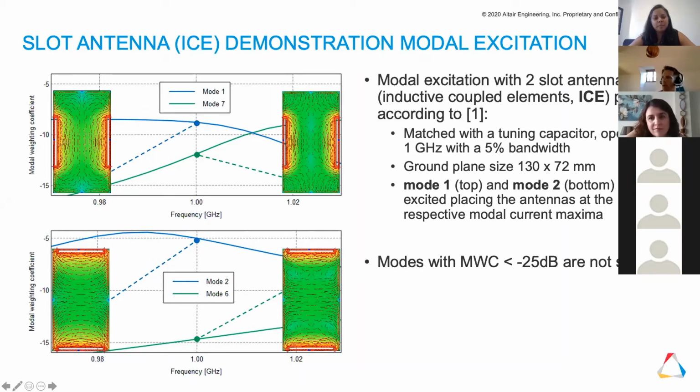Yes. So I set the capacitor value for this antenna to have that behavior, and this is the result that you get. So I think, if you wanted to do a design here, you may need to consider the size of the antenna in this case with the value of the capacitor, because the combination of those two parameters will change the modal behavior.